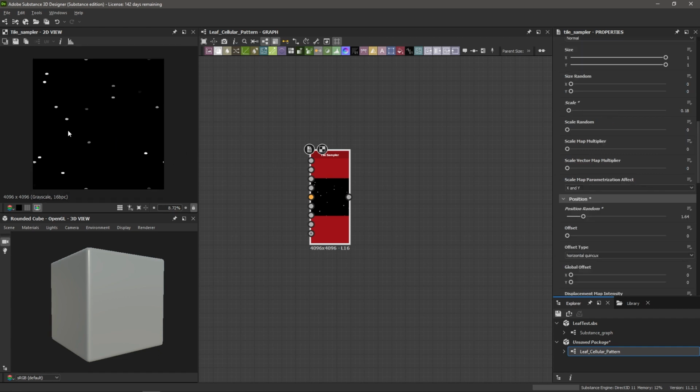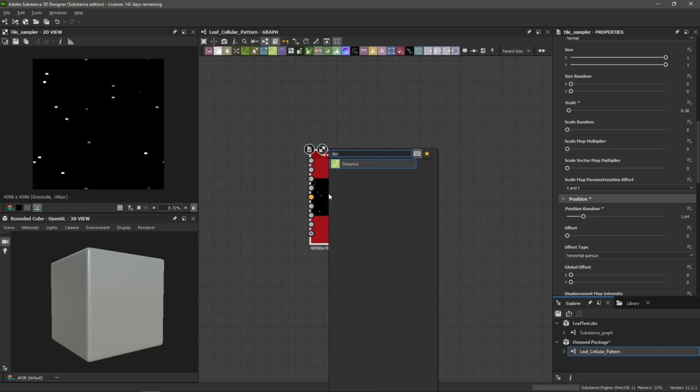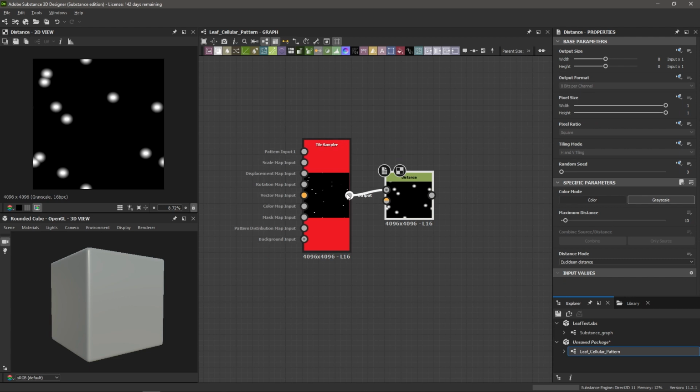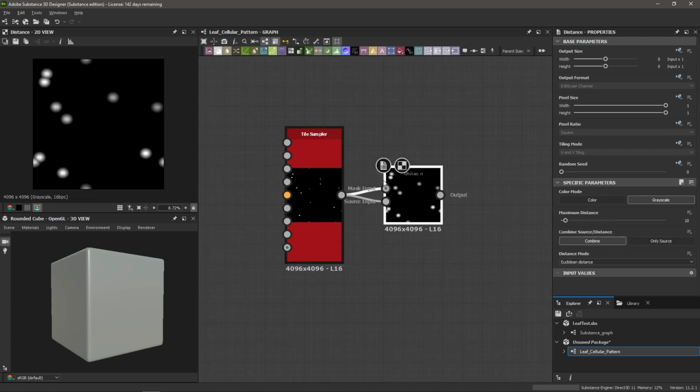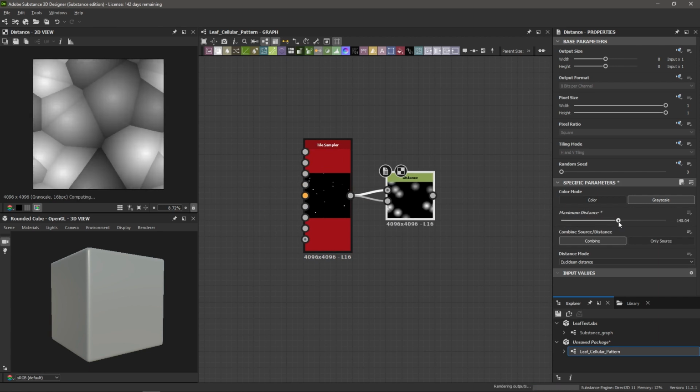So now let's use this information to expand these dots out to create our Voronoi pattern. What I'm going to do is click on my tile sampler, hit spacebar, and bring in a distance node. So spacebar, distance, and I'm going to connect this tile sampler to both of the inputs in our distance node. And what I'm going to do is bring up the maximum distance here and watch how this now expands to create our Voronoi pattern. Now, if I bring this all the way to the right and it goes to 256,